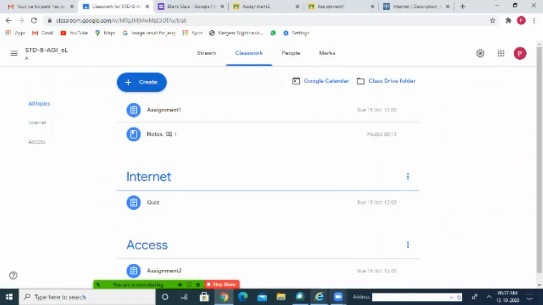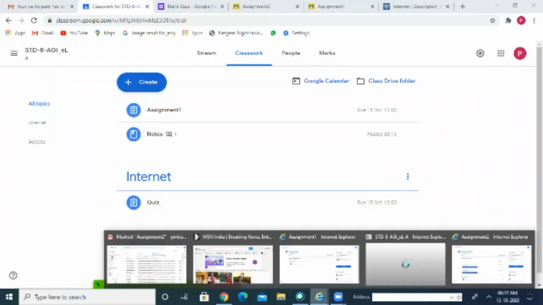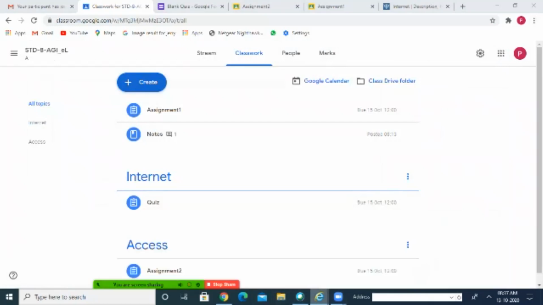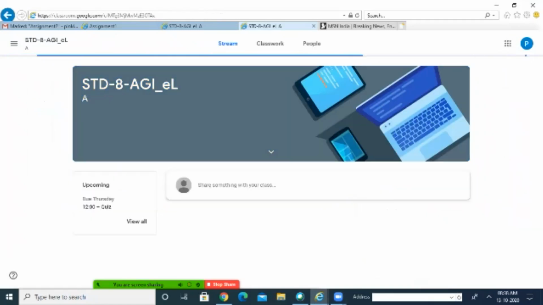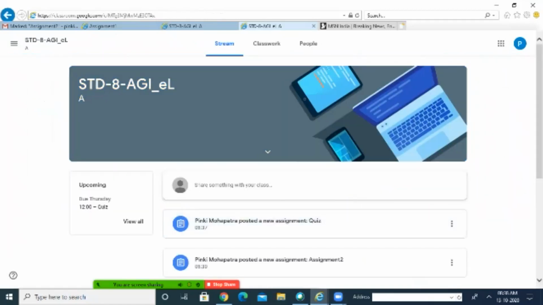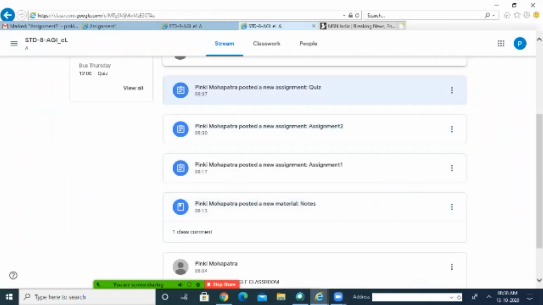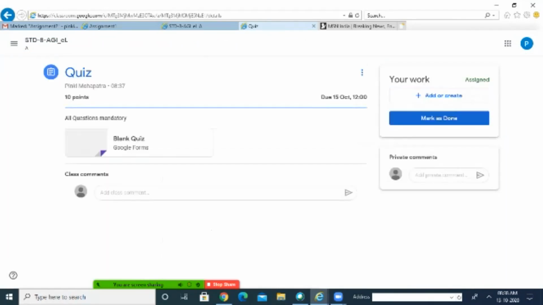Okay, now let us go to the students window from here. We will see whether the students can see this or not. You can see here, the students can see this. A quiz has been assigned for them. So now the students can do this quiz and write. Just click.